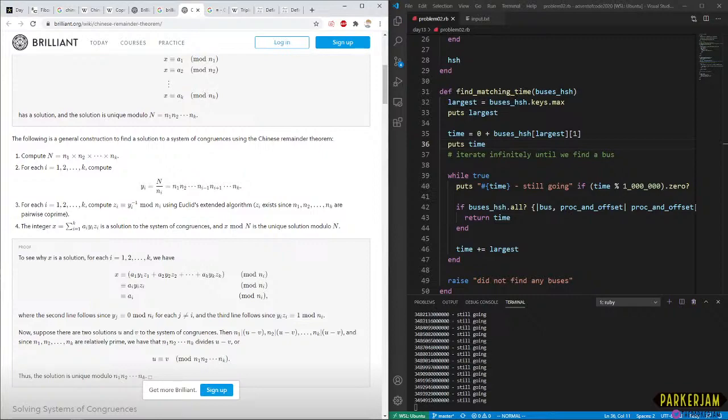Oh, more Wikipedia. Modular multiplicative inverse.